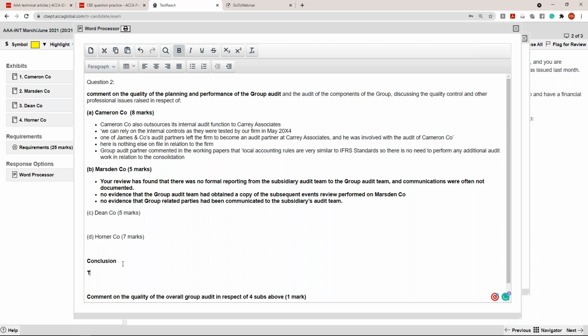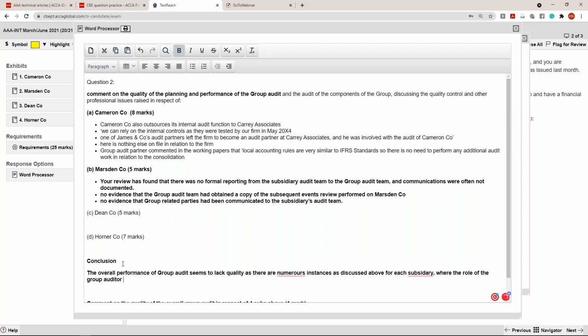The overall group audit, the overall performance of group audit seems to lack quality, as there are numerous instances, as discussed above, for each subsidiary, where the role of the group auditor was not well performed,